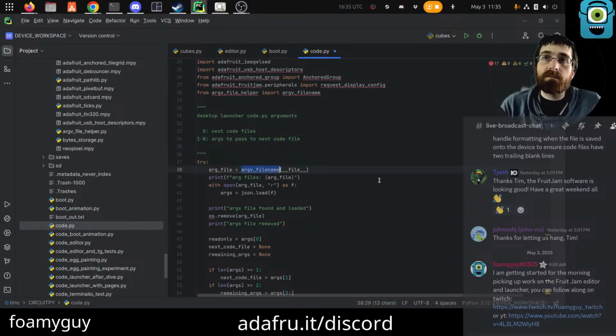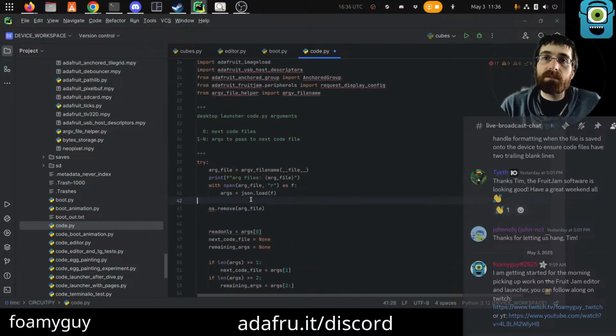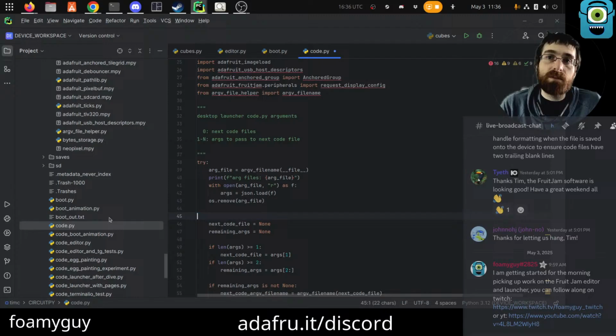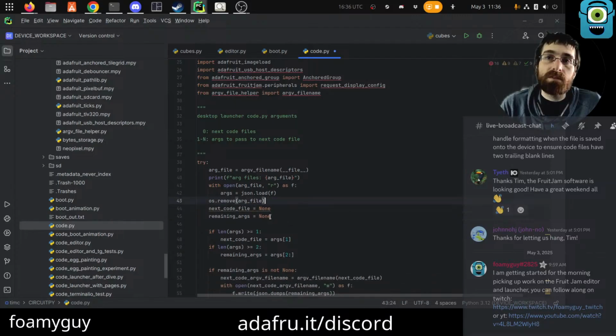Okay, so we get the file. We read it. We could get rid of some of these prints at this point, I think. All this stuff is pretty much working. We do need to import os because we do want to delete that file. We don't have read-only. These, so that will be, we can, I guess we'll do that. Seems a little silly to say if it's,